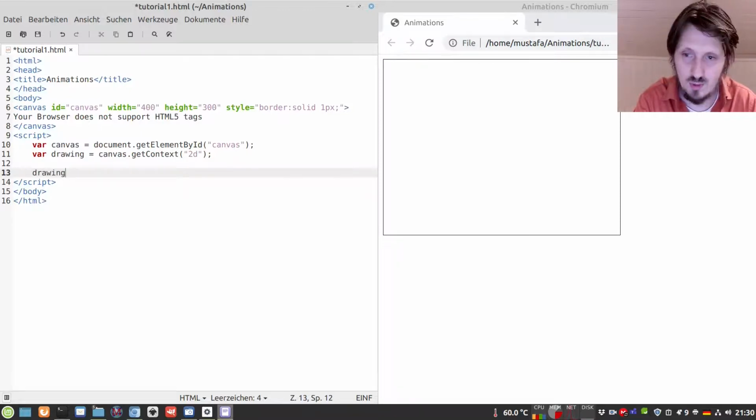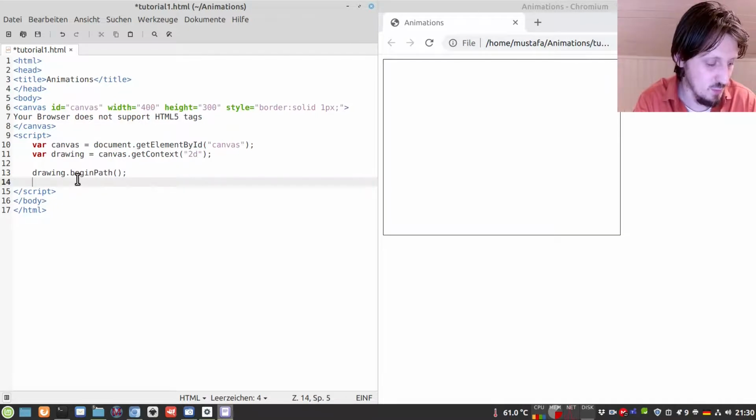So we can write here, for example, drawing, and before we draw any object, we have to write beginPath. What follows is the description of the object which we want to draw. In this case, let's suppose we want to draw a circle, which we can do with the arc function. So we write drawing.arc, and the first argument is the x coordinate where it should be drawn, for example 20, then the y coordinate, again 20, then the radius of the arc, maybe 10, and then the starting angle.